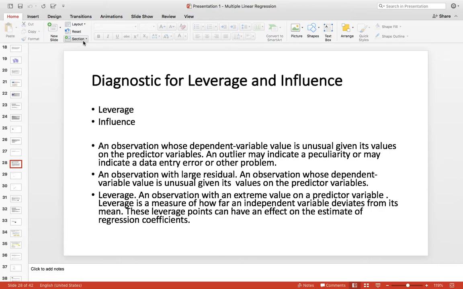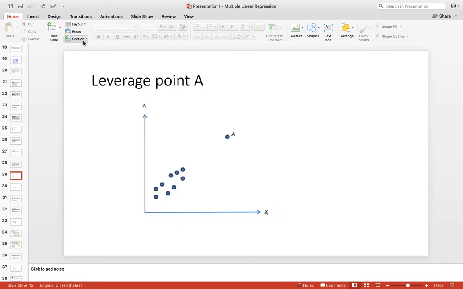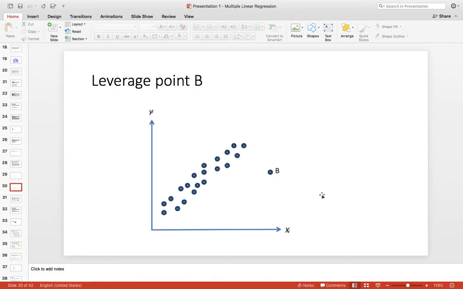These leverage points can have an effect on the estimates of the regression coefficients, as you can see in this figure. Point A is a leverage point in the relationship between y and x because it is a relatively extreme value when it comes to x. Similarly, point B is an extreme value of x.